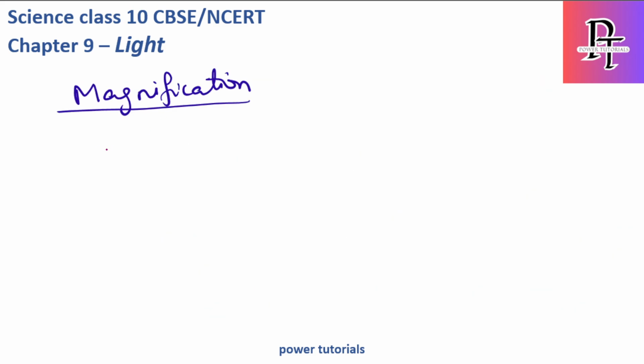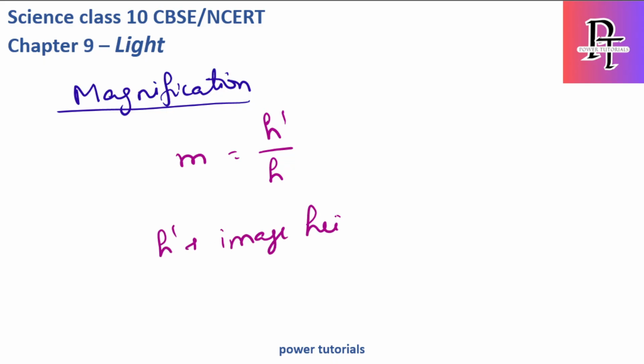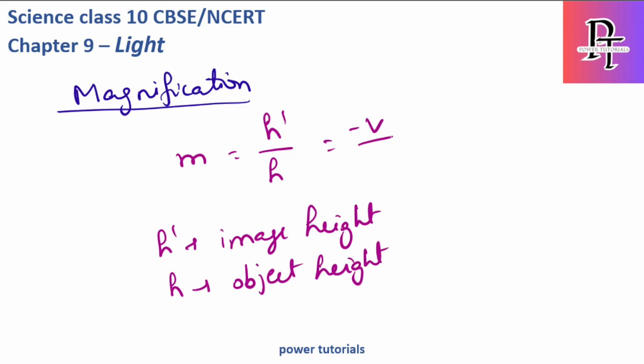Then the last topic for today, which is magnification. Magnification is M, denoted as h dash by h, means image height by object height. Okay, I will write it here. h dash is image height and h is object height. Okay, and we have one more formula, which is minus v by u. We already know v is image distance from pole and u is object distance from pole, and this magnification formula is for mirror. Same as you will be having magnifications for lenses as well, that will be covered in the next